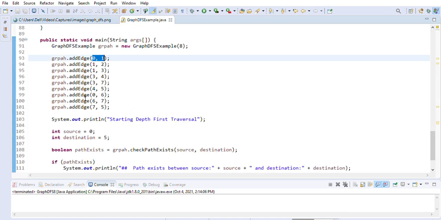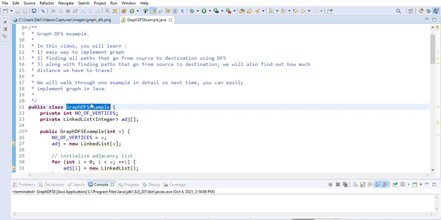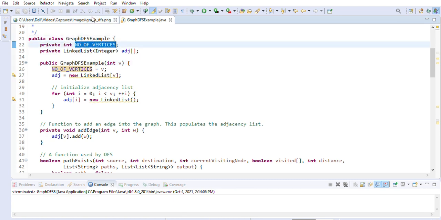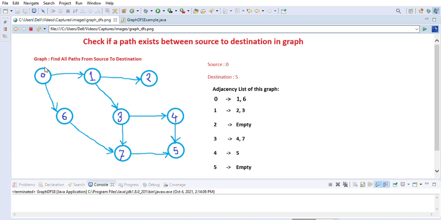Now let's first go to the constructor of the example here. So the constructor is this one, right? We will have the number of vertices. This node is basically a vertex in the terminology of graphs. For example, 0 is a vertex, 1 is a vertex, and this 0 to 1 is called an edge. 1 to 2 is an edge, 1 is a vertex, 2 is a vertex, and there is an edge between 1 and 2. And this is a directed edge, which means that you can go from 1 to 2, but you cannot go from 2 to 1, right?